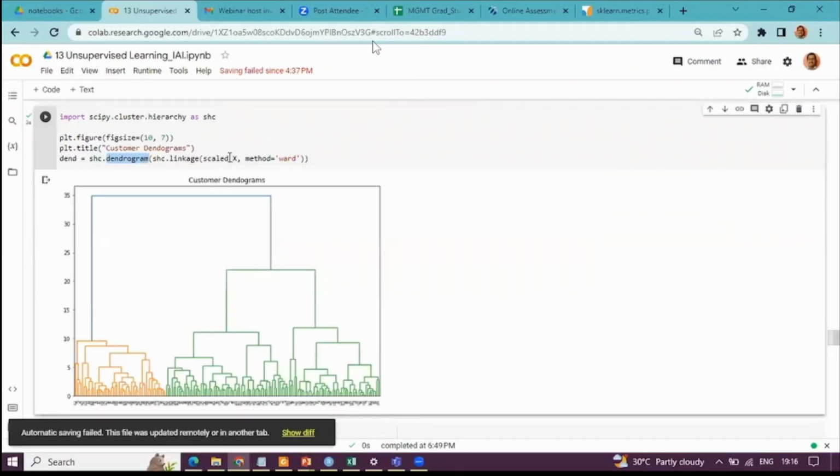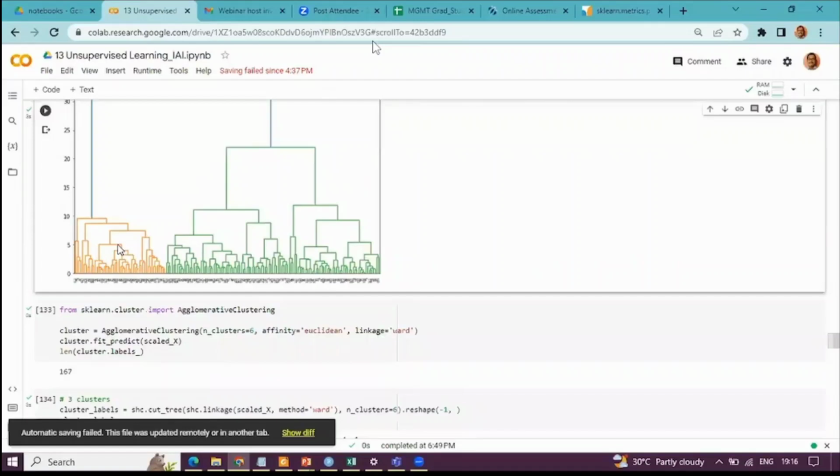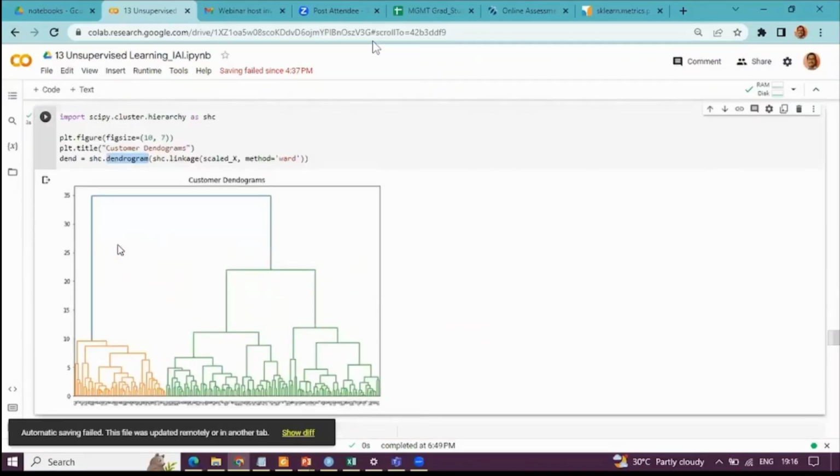Initially, the two individual observations are there, so I can find out the distance between the observations and I can very well start with the smallest values. The problem comes when one observation is already there as a part of the cluster. As I have already told you, the 40th and the 70th observations are already integrated into one cluster. Then if I have to look at their relationships with any other individual observation or with any other cluster, we have to look at the